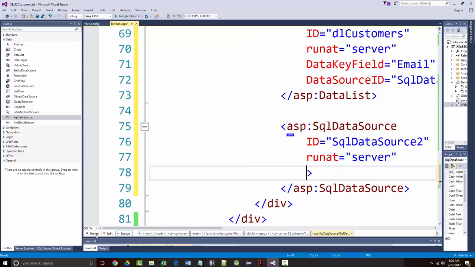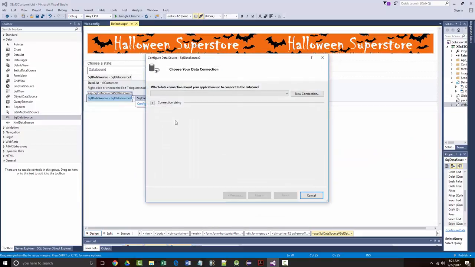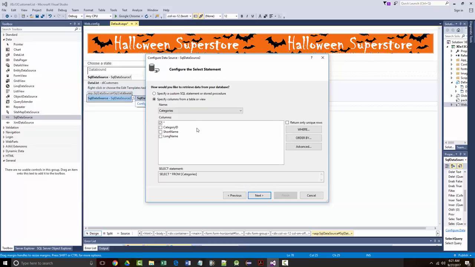Okay, so we come back into design mode. There's our second data source. Boom, configure it. We should be able to tell it now to work with our Halloween connection string. Click next. All right, and what we're told again, or what we want to do here for this data source